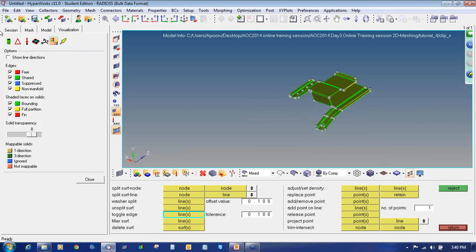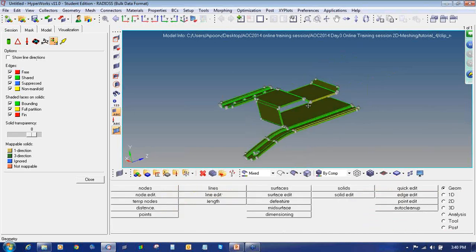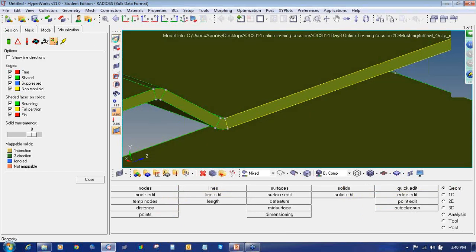So I will again cross check it whether I have removed all or not. I will off all these and only check the box free edge and make it in align mode. So on the model browser or on the GUI, you can see there are no red edges available on my model. So if I on these, so here, these are the free edges, suppressed edges, non-manifold edges are available, but no free edges. Now we will see about the non-manifold, whether they are at the T connection or not. So I will on this. So now you can see this is not a T junction.